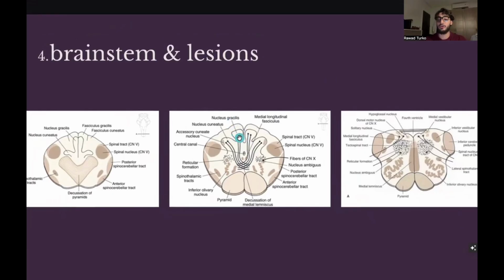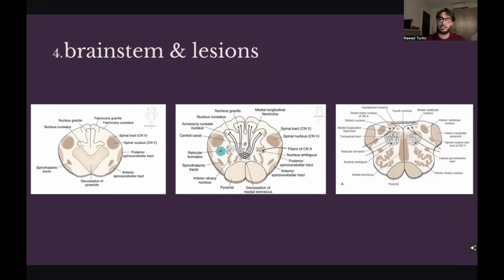This is where the first order neurons are synapsing with the second order neurons, and then they're going to decussate. This is the reticular formation, and we're beginning to see a little bit of the inferior olivary nucleus here. Again, we're starting to move up a little bit more superiorly. All of the sensory pathways are still lateral. So the spinal tract from the trigeminal nerve, the spinal nucleus from the trigeminal nerve,